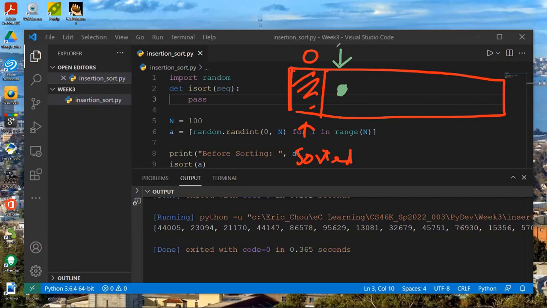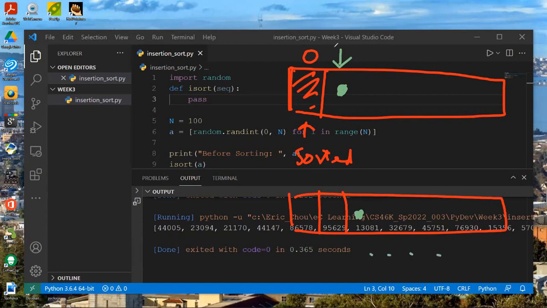That's the first round. In the second round, after we finish the first sorting, we will have two elements, and the to-be-inserted location will be here. You keep doing this until the last one, where the to-be-inserted location will go to this location. So this gives us the outer loop.